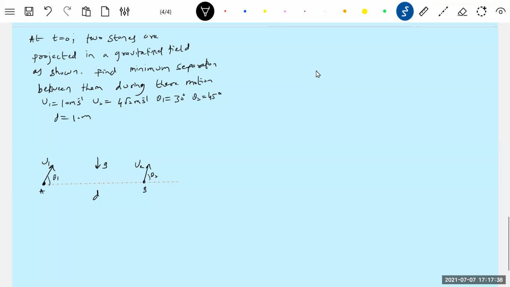So I suggest we get into the concept as usual. Carry on. At the end of the problem, we'll come and interpret it. What actually is going on? What actually things are going on? They're projected from the same level. That much I can say here. I'll add this word.